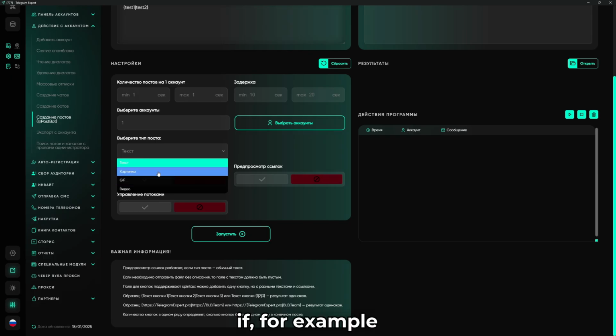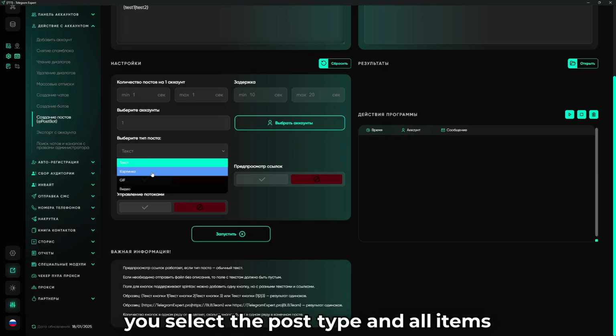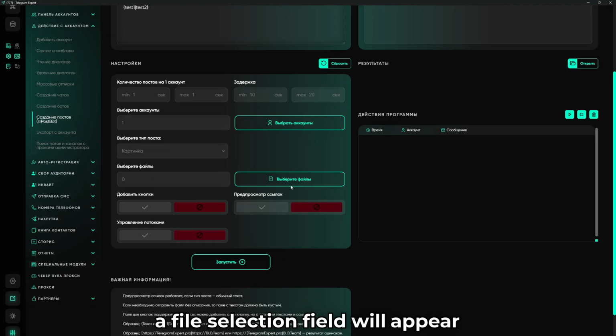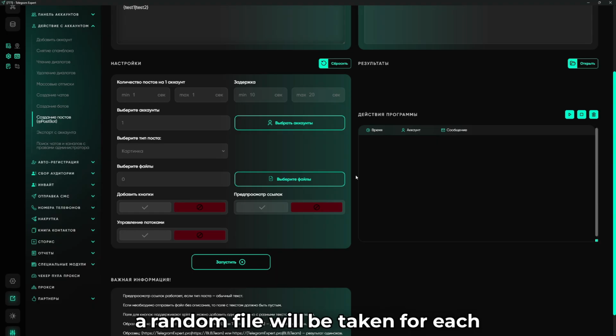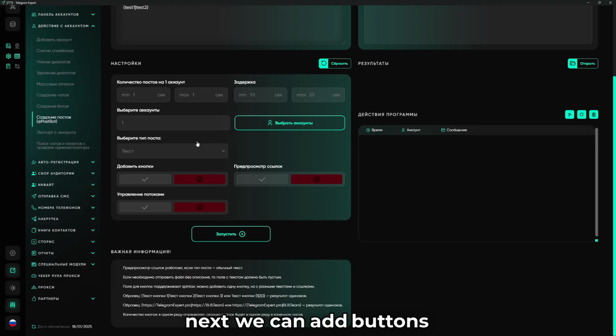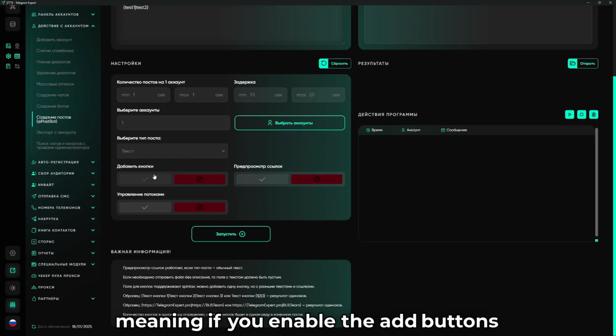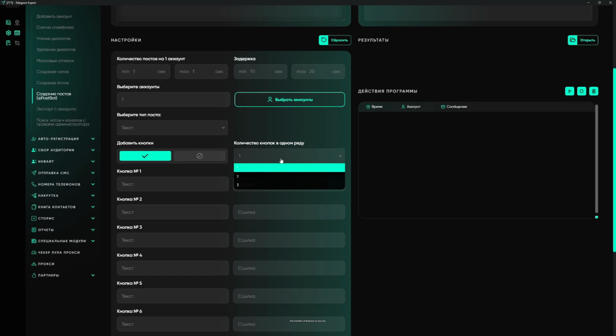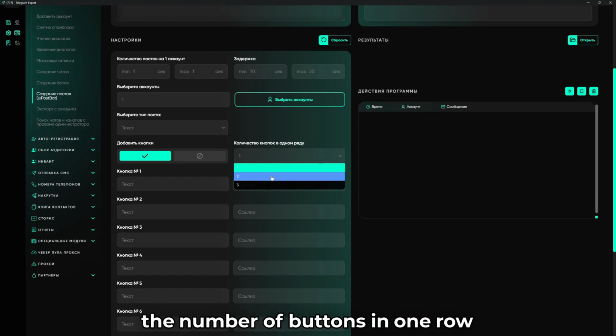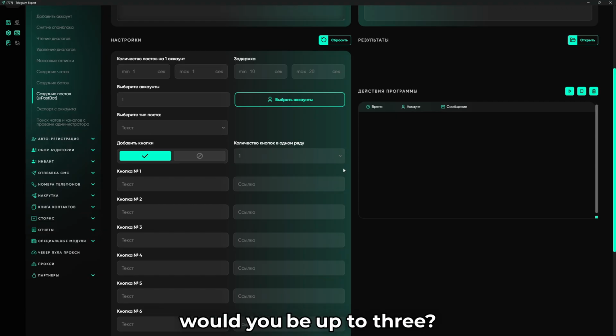If, for example, you select the post type and all items except text, a file selection field will appear. If you select, say, 100 files, a random file will be taken for each post. Next, we can add buttons, meaning if you enable the Add Buttons option, you first choose the number of buttons in one row, which could be up to 3. So if you want to make 3 buttons in a row,